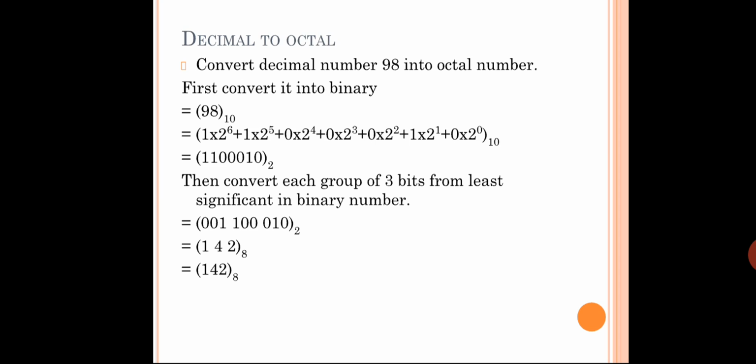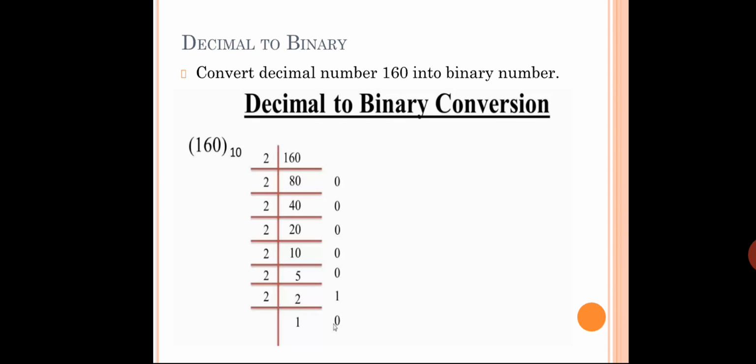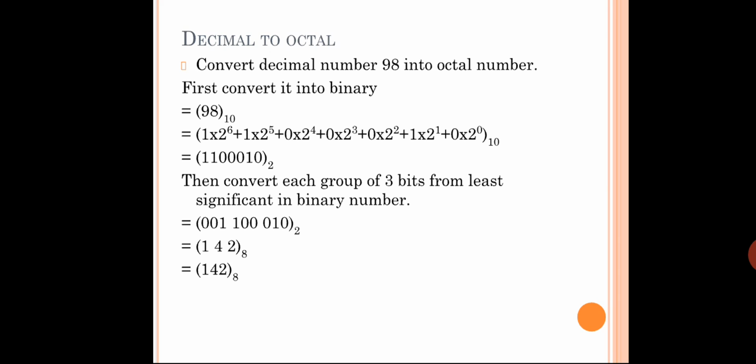Okay, so what they have done? They have converted that 98 to binary. How to convert 98 to binary? The same previous step, like this. You can go for dividing by 2, or you can go for the position values, 2 to the power 0, 2 to the power 1. Based on the value you can put 1 or 0. Can you recall that previous thing? If you have any problem, start practicing. Take one paper and pen and start practicing. Just by seeing the slide or explanation, you may not be able to remember everything every time. So start practicing.